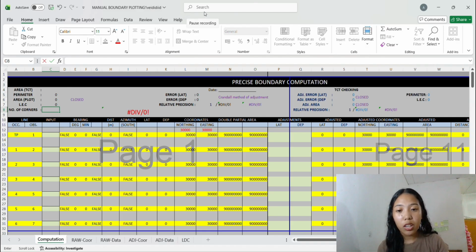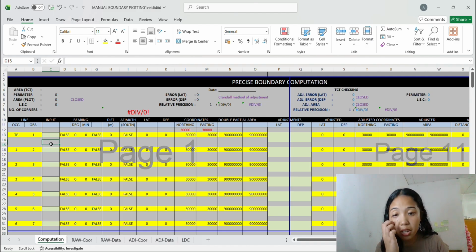As we can see here, there are three rows under the input column, and each row has its own specific data to be entered. This is the information that we are going to input based on the V-37 or the technical description of this area. The first row will be for the direction of the angle, based on the direction angle chart that we prepared earlier as a reference.